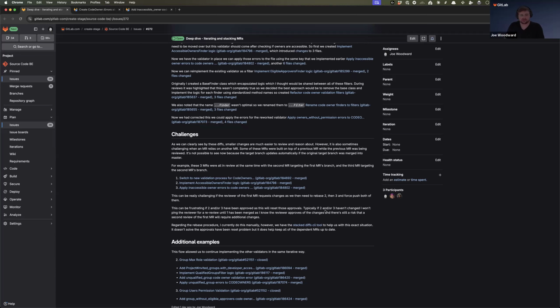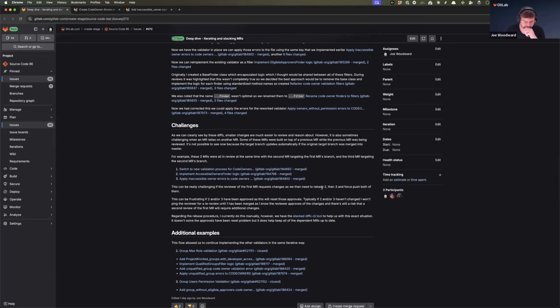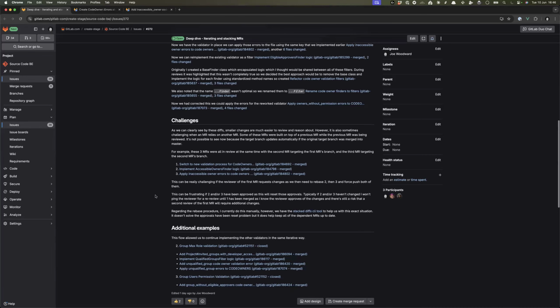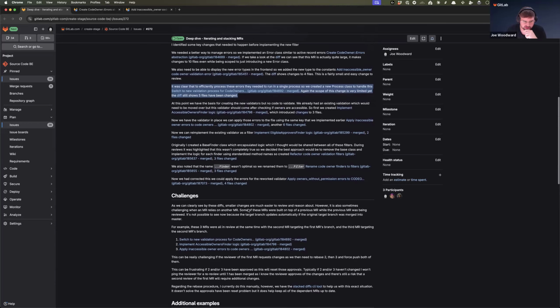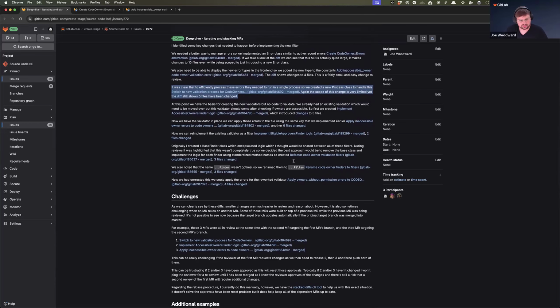And that's where that stacked diff CLI really comes into use, because it does all of that stuff automatically for you. You just tell it, I need to update this part of the stack, and then it will automatically go down the stack and rebase them all for you. I think it even pushes them to GitLab for you. Yeah, pretty sure it does. So definitely check that out. I've linked it here as well. But yeah, so